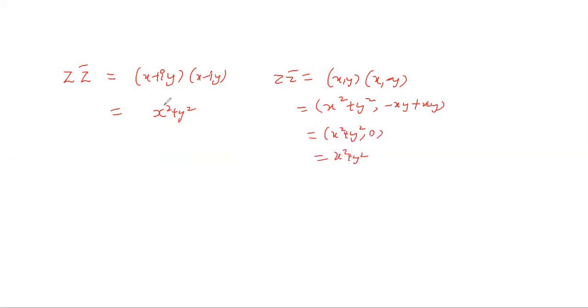Basically x square plus y square. So whether you do it directly or use the rule for multiplication of ordered pairs, it's one and the same thing you will get. So this is z into z bar, and actually this is mod z square, because mod z is the square root of x square plus y square. It will be the square of that. So this is another relation which you get. You can use it whenever it is required. So z into z bar is mod z square.